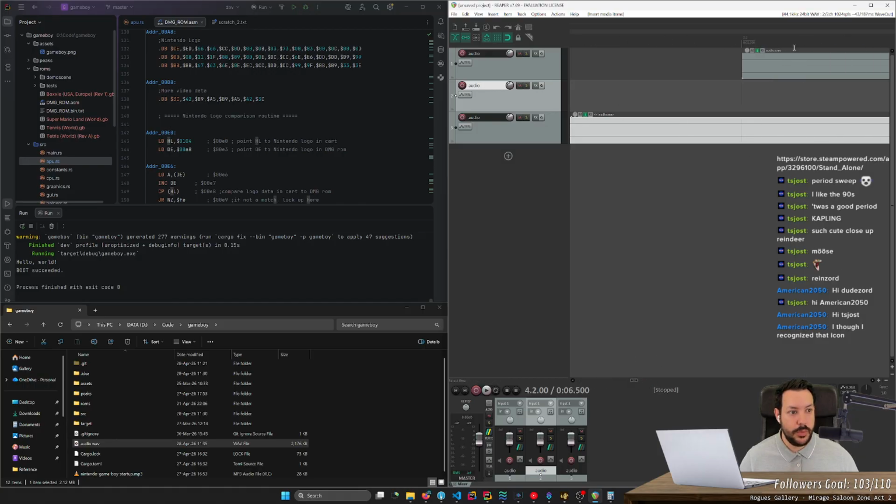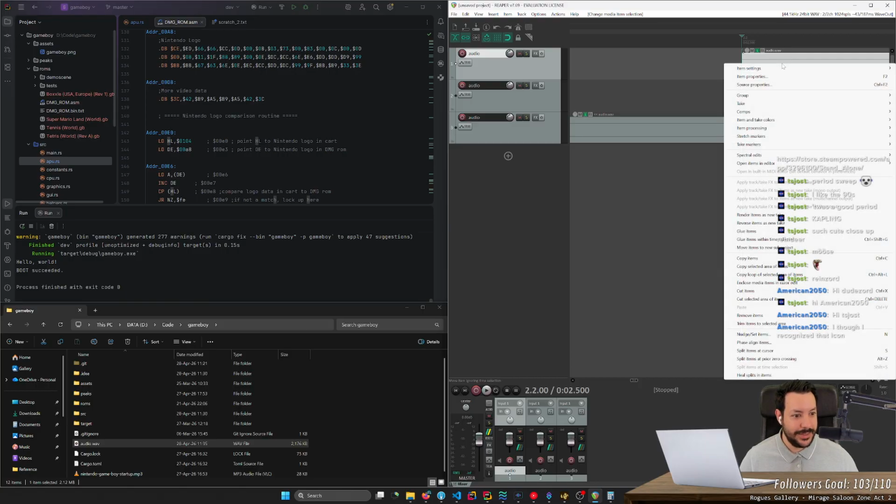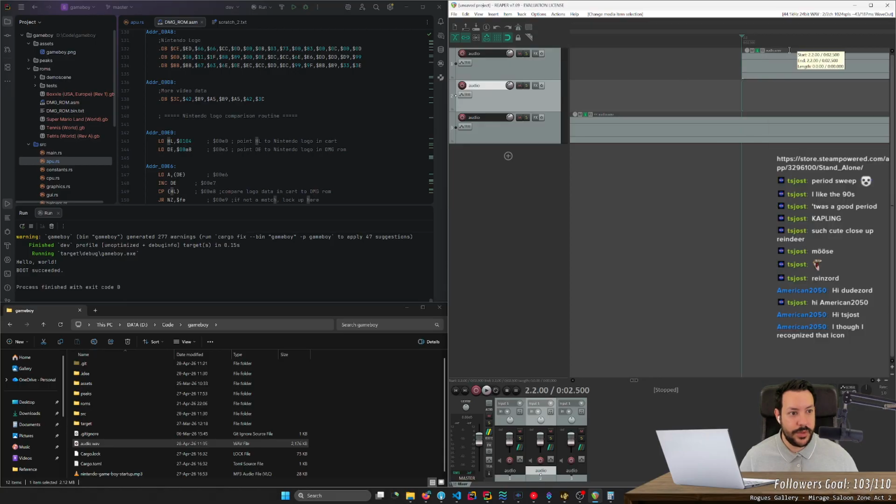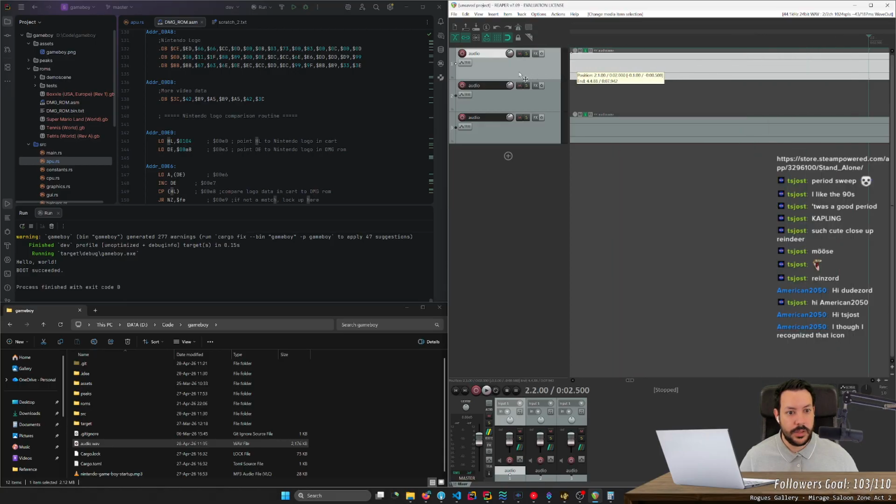Okay, can I actually move this to the start? Trim items, nudge, reverse, glue, move. I just want you at the start of the thing, my guy. Oh, there it goes.